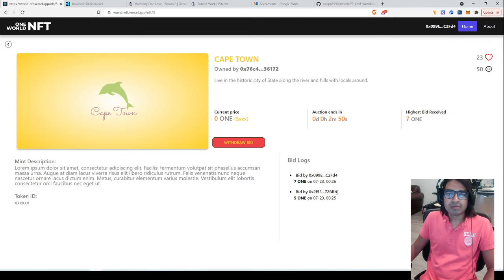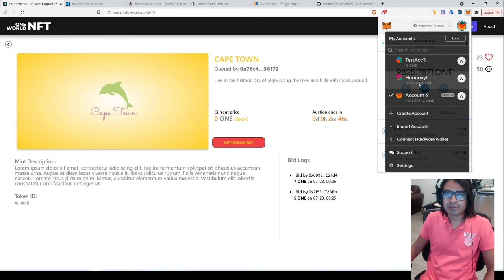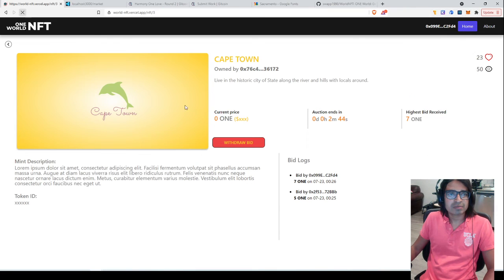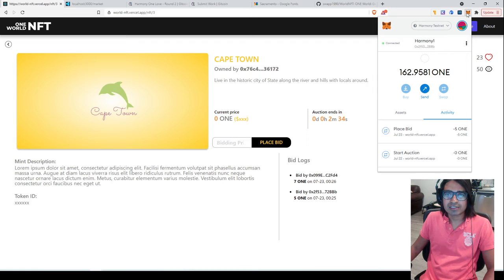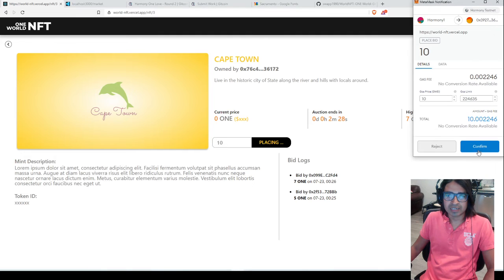So maybe this guy sees, so now I log in as the other account, and I see that my bid has been lost. So what I'll do is check if I have the ONE tokens, and then I'll bid 10 to again outbid him.